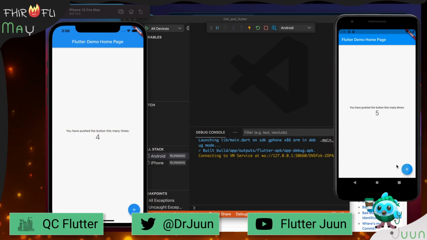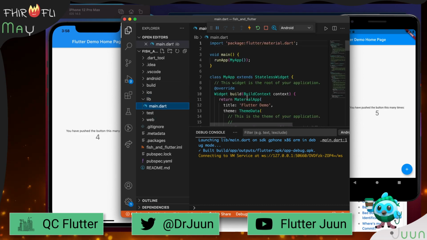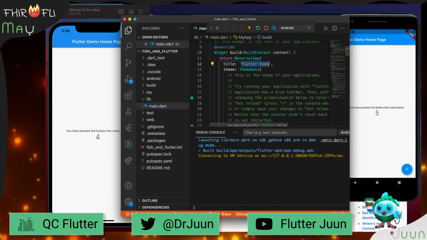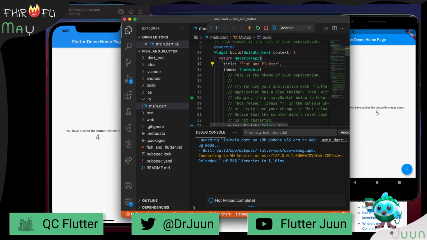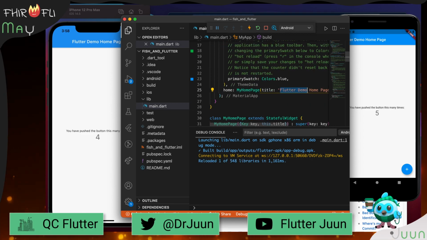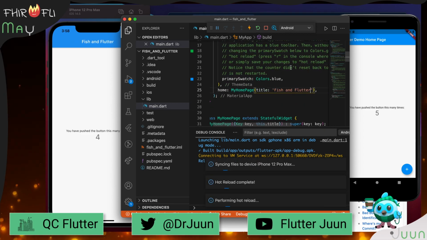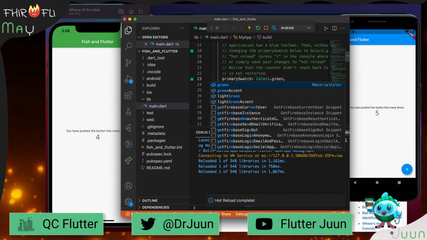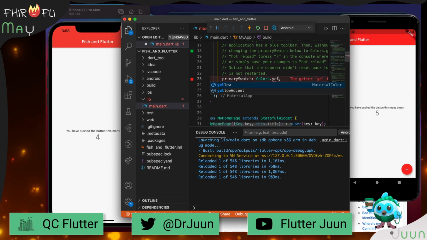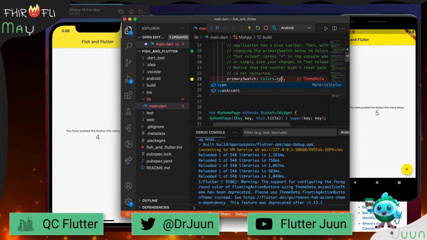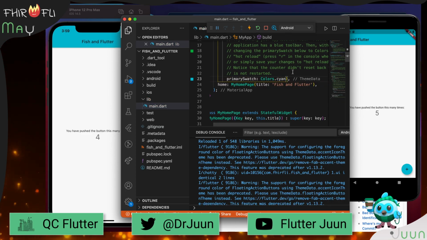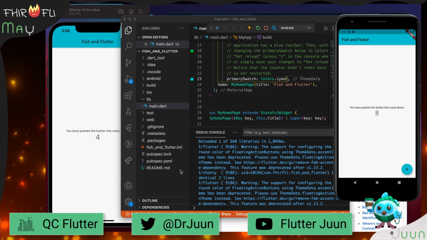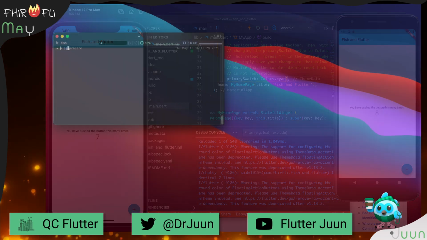In VS Code, you can have multiple emulators running at the same time. This allows you to test your layouts on different screen sizes or on Android and iOS without having to stop and restart your emulators. Here, as we change colors, you can see both apps updating while still maintaining their state. When developing in VS Code, I'll typically have an iPhone and an Android phone open at the same time, and